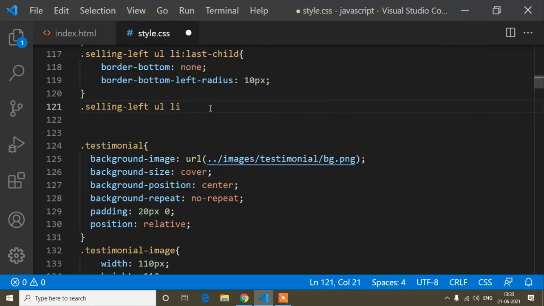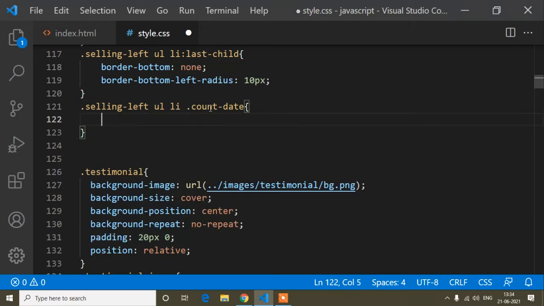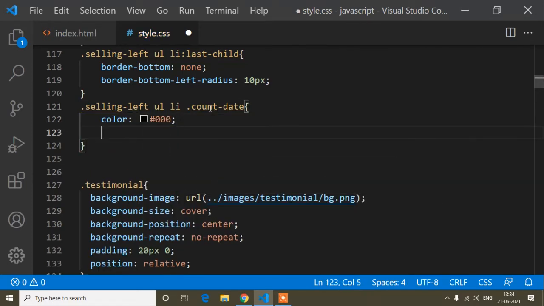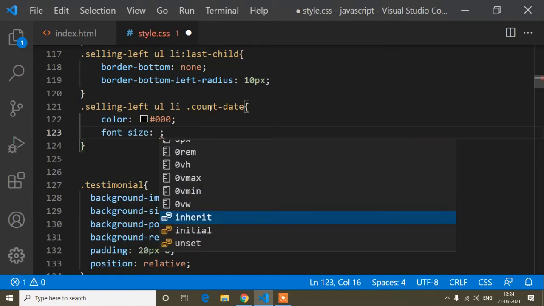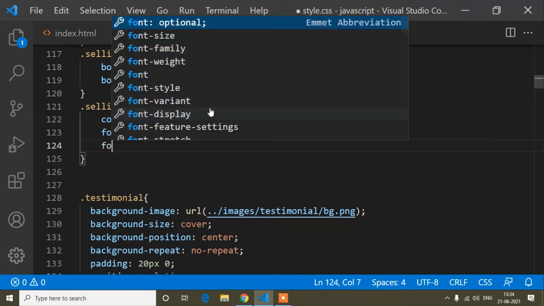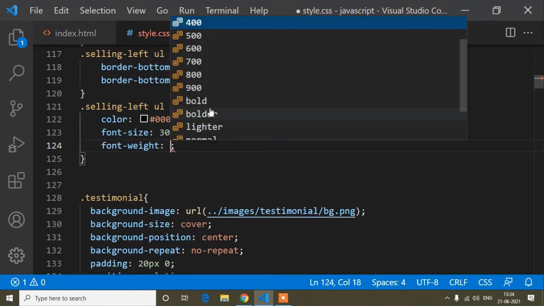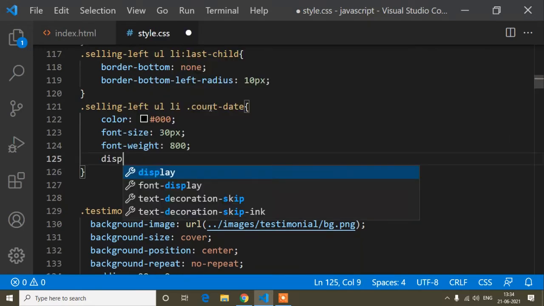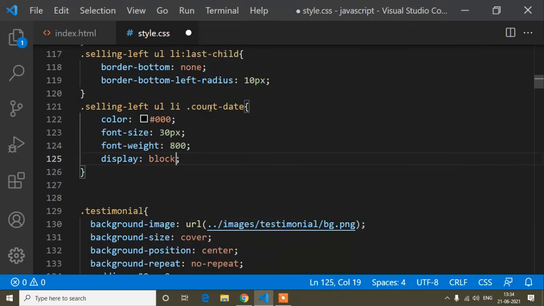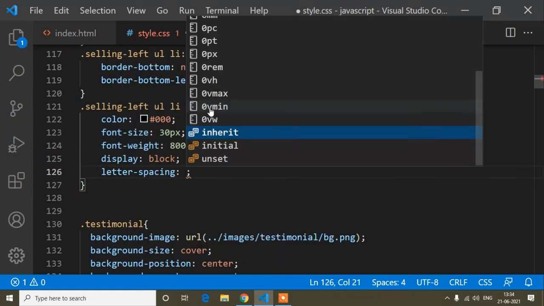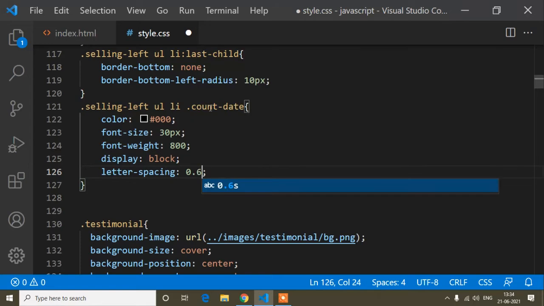So now here this one count date, and the color, first of all I will write this black color, and font size. So font size I will increase, that is 30 pixel, and the font weight is 800, and the display is block, and letter spacing is 0.6 pixel.